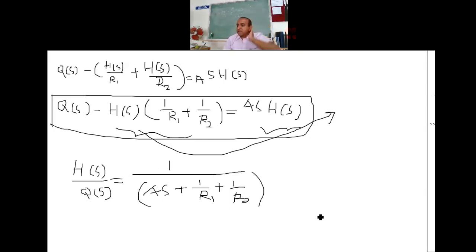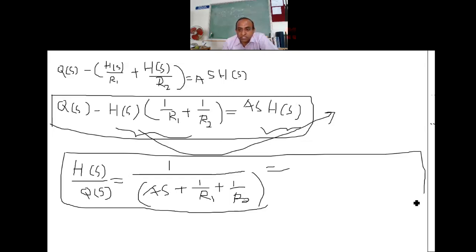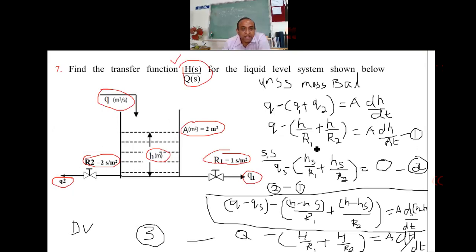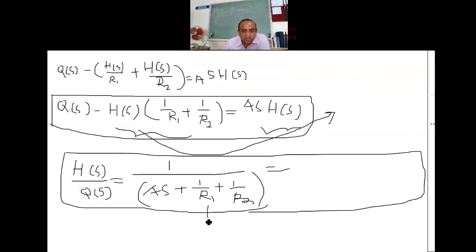So this is it. Fine. So please look. If you're having your calculator, please substitute these values. I'll show the values. R1 is given, R2 is given, and A is given. Substitute in this. I'll go back and I'll show you R1, R2, and A. Yeah. So R1 is 1, R2 is 2, A is also 2. So substitute those. So R1 you substitute it as 1, R2 is substituted as 2, and cross section area, it's 2 meters square. Substitute and tell me what you got.